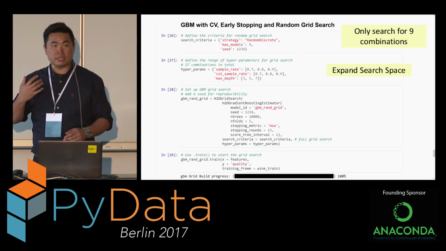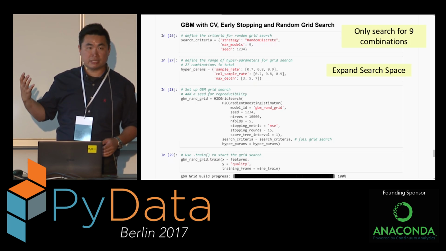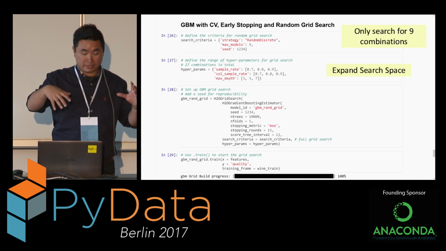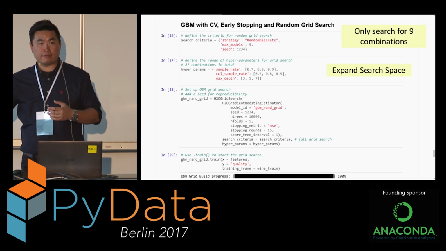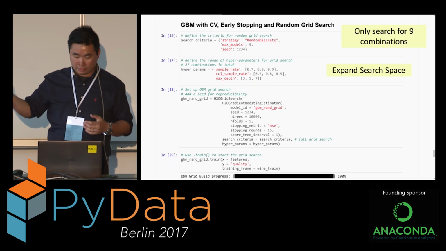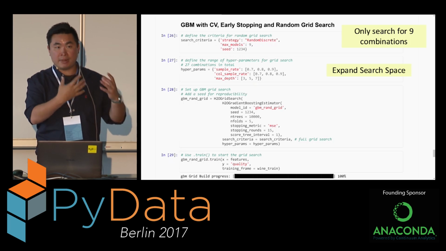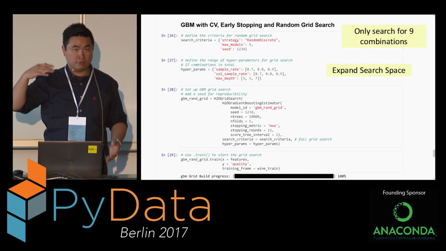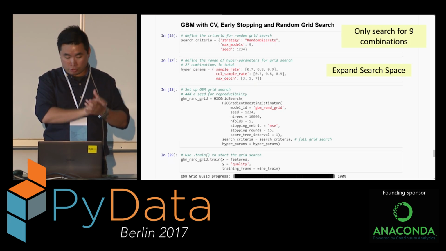Now I want to include another parameter, which is the depth of different trees. With decision trees, you can go to different depths. So I want to search another 3 depths: 3, 5, and 7. That adds another complexity to the search space. It makes about 27 combinations in total, so 3 times the original search space.